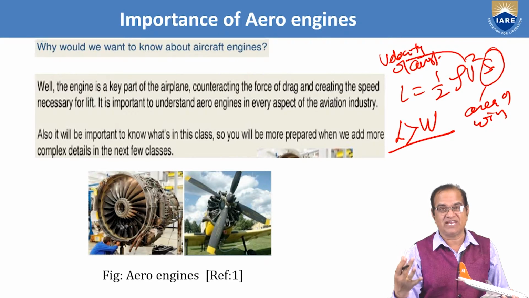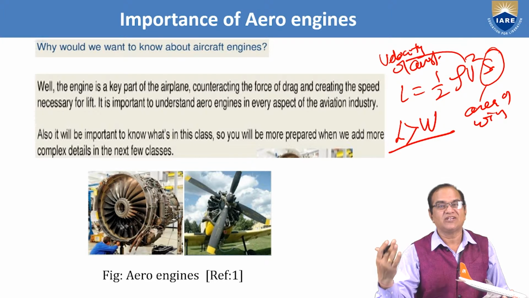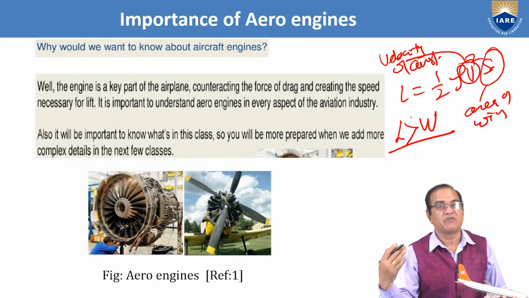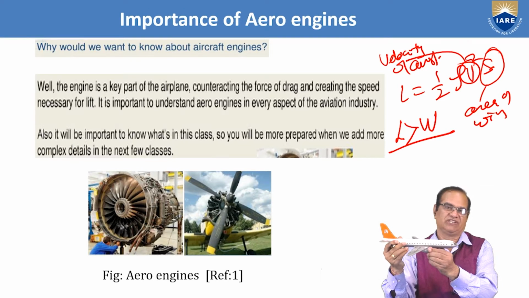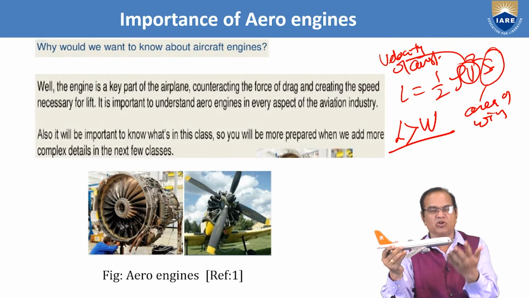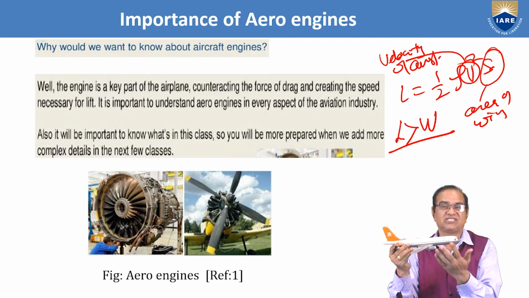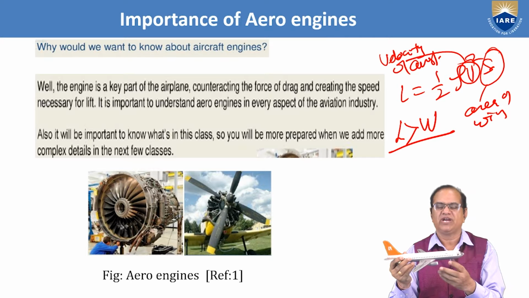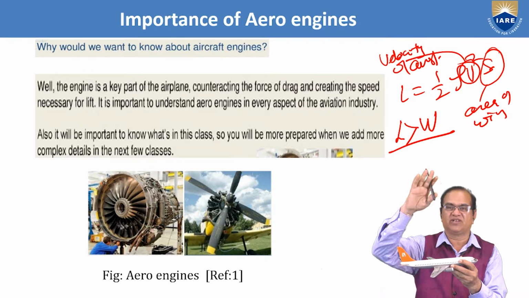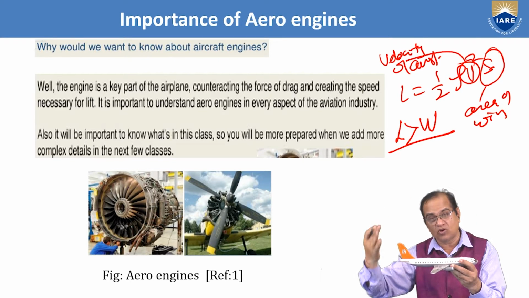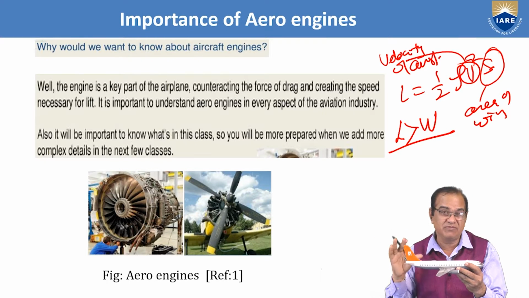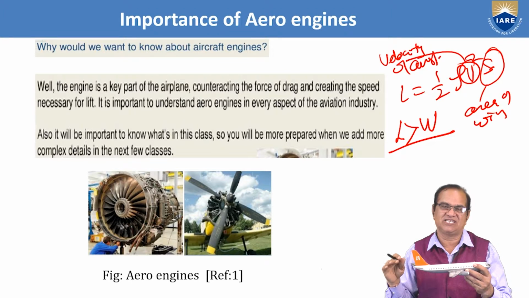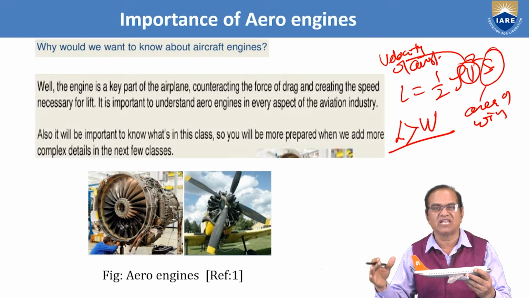So as per the weight, we need more and more lift. This lift will be produced from the velocity. And from where will we get the velocity? From this engine. So if the engine is able to produce the thrust in such a way that it is able to counter the drag forces, and also generate the lift in the upward direction which is able to counter the weight of the aircraft. Minimum lift is required equivalent to weight. But in all operating conditions, lift should be much more than the weight.